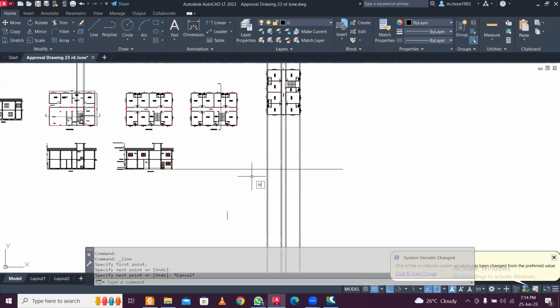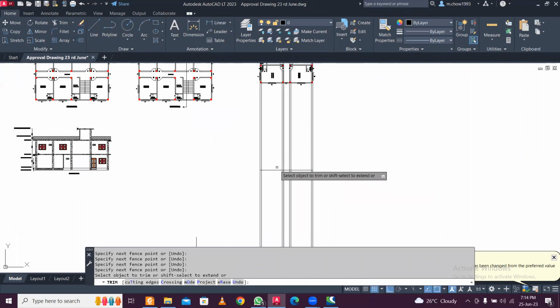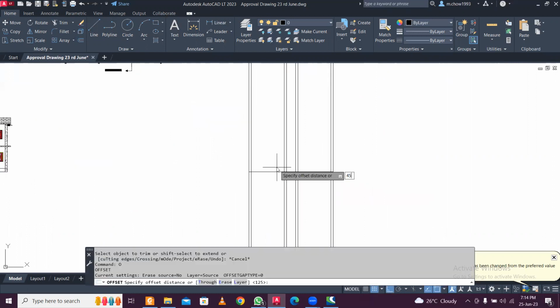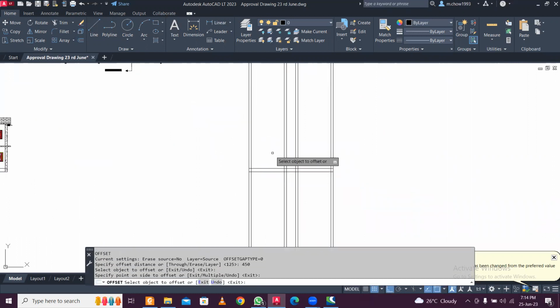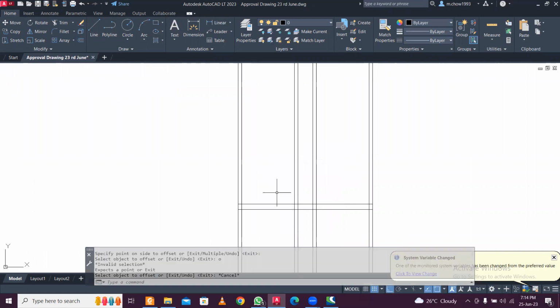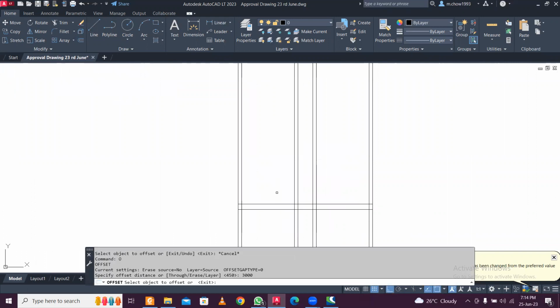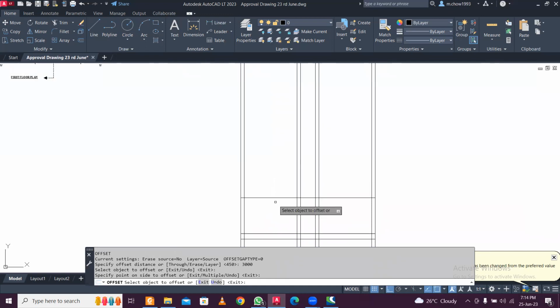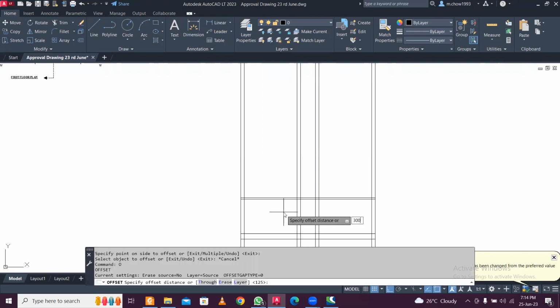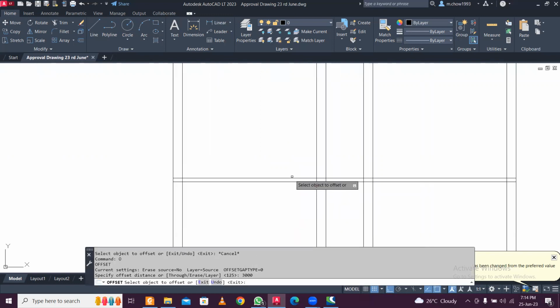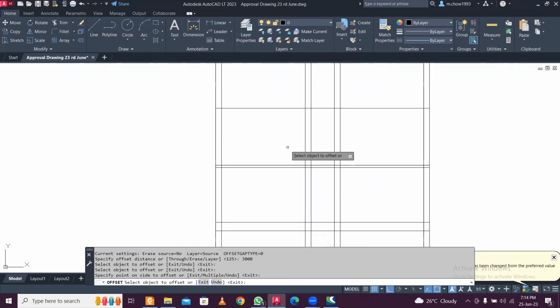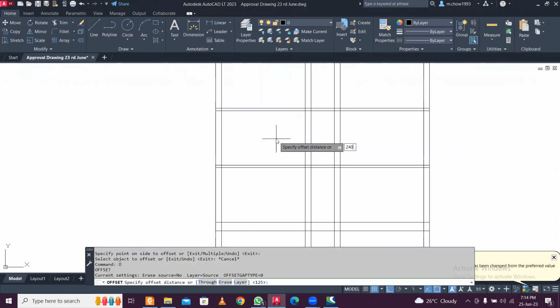Right. 450, then 3000 offset, and 125, 3000 offset again, and then 125, then 2400,